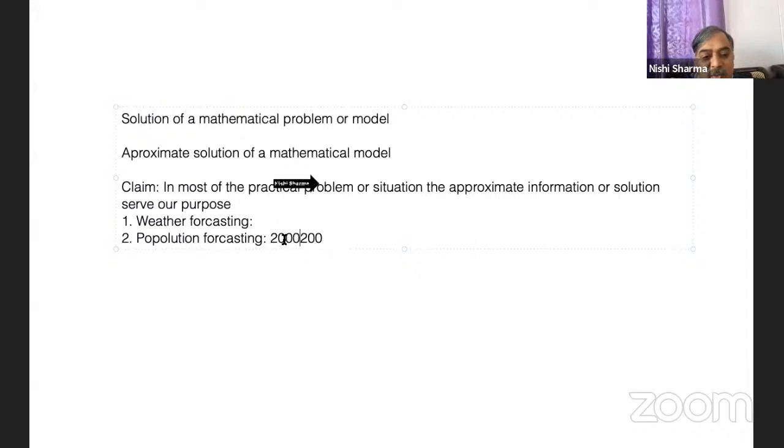So let's assume the exact information is 20 lakh 200. Am I right? Or approximately, if I say that it's 20 lakh, so this 20 lakh is sufficient for administration to make their policy. Am I right? Or maybe it's 20 lakh 2000. So this approximate information serves our purpose. Now in financial forecasting,